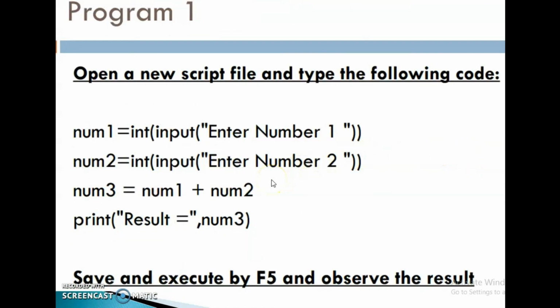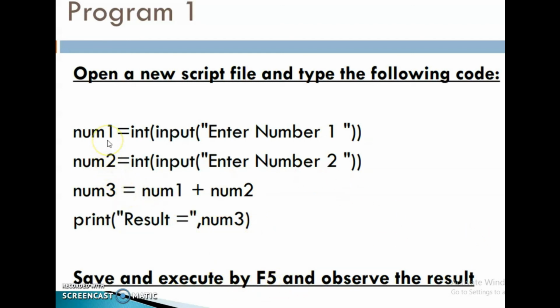Next one, program. You just go through all these statements. Don't worry about this, I will give the practical sessions. Okay. Num1 is equal to int(input("enter number 1")). Num2 is equal to int(input("enter number 2")). Num3 is equal to num1 plus num2. Print result is equal to num3. Save and execute by F5 and observe the result.